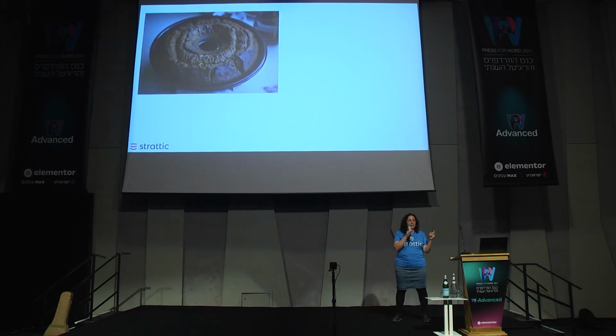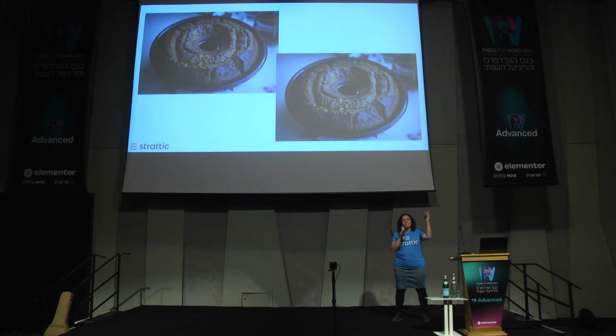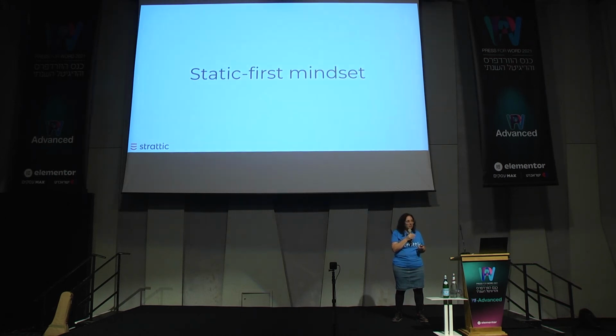So basically, with Static, you get your cake and eat it too. We really like cake, so we use this analogy a lot. You have your WordPress site, which looks a certain way, and then you have the static replica, which actually looks exactly the same. But what's going on under the hood is completely different. On the WordPress site, you have all the stuff that's happening that I showed in that diagram. And on the static site, it's just a simple collection of static files that's basically unhackable, infinitely scalable, very performant and fast because it's pre-rendered, fully served up through the CDN. So it looks the same, acts the same, just a much better version.